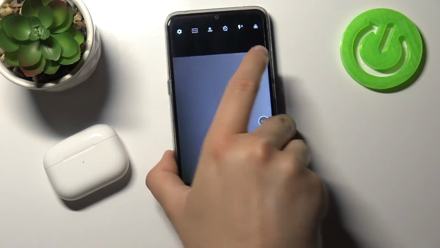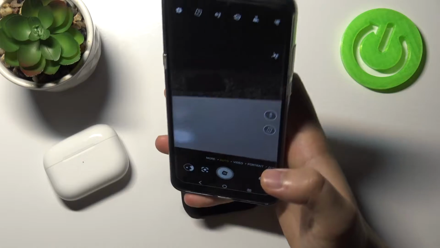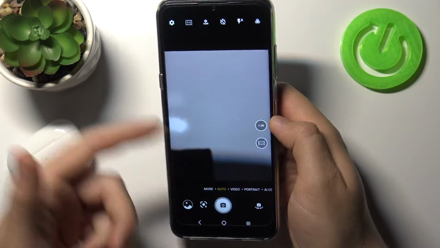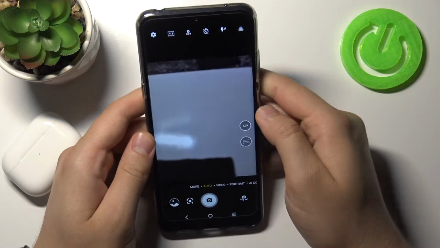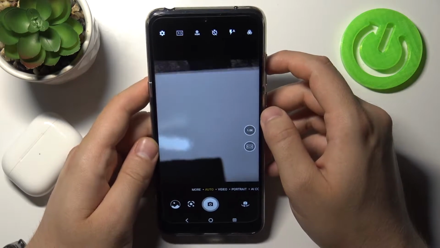Welcome. In front of me I have the TCL 20 SE, and today I will show you camera tips and tricks in this smartphone. So let's start from photo mode, from automatic mode, and when we are here we can quickly set up